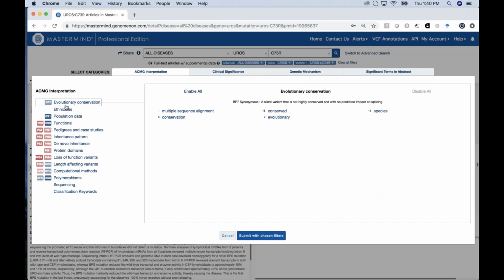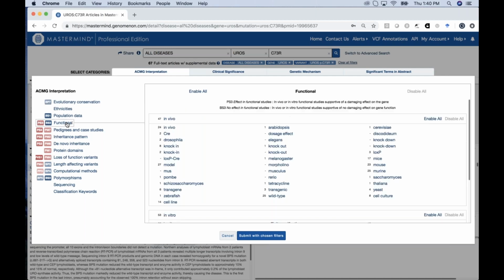In this case, these are specific to or focused on the ACMG guidelines. For those of you who are familiar with those guidelines, some of the most meaningful content that needs to be extracted from the medical literature involves designation of strong evidence for pathogenicity in the context of functional studies. So I click on functional studies here, and you can see all of these different key terms that are associated